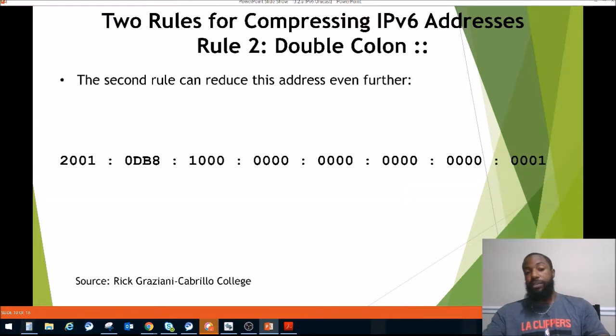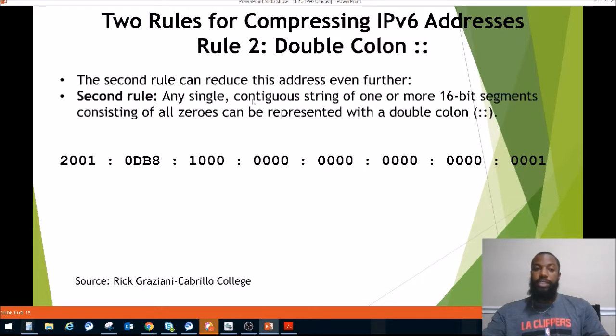Notice here, leading 0s. All right, second rule to reduce this even further, quad 0s like that, you can turn them into a double colon, right? That's what it says here. Second rule, any single contiguous string of one or more 16-bit segments consisting of all zeros or quad zeros can be represented by a double colon. So this right here